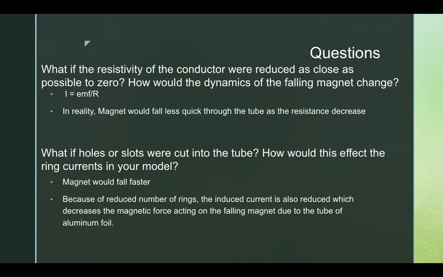If the resistivity of the conductor were reduced, the magnet would fall less quickly through the tube as the resistance decreases, and if holes or slots were cut into the tube, the magnet would fall faster because of the reduced number of rings. The induced current is also reduced, which decreases the magnetic force acting on the falling magnet due to the tube of the